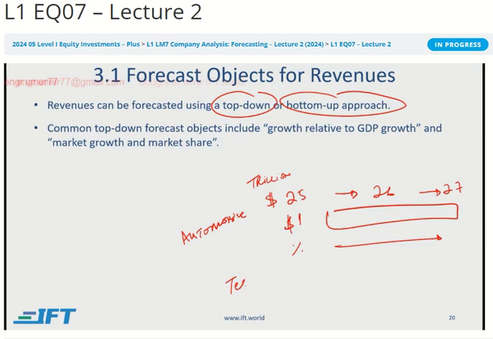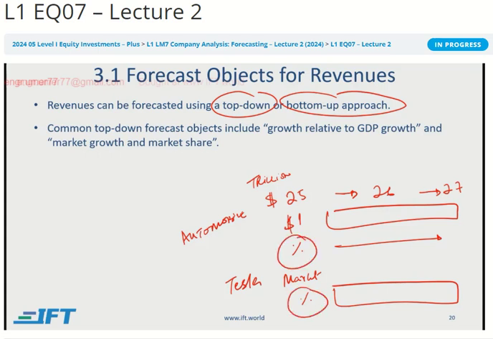And then we can say Tesla has a market share of this percentage. And if that percentage remains, then this is the market size or the sales of Tesla. You could even increase the percentage here, you could increase the percentage here, so you could play around with this and take certain assumptions. But you're definitely starting at the top, so this is your top down.